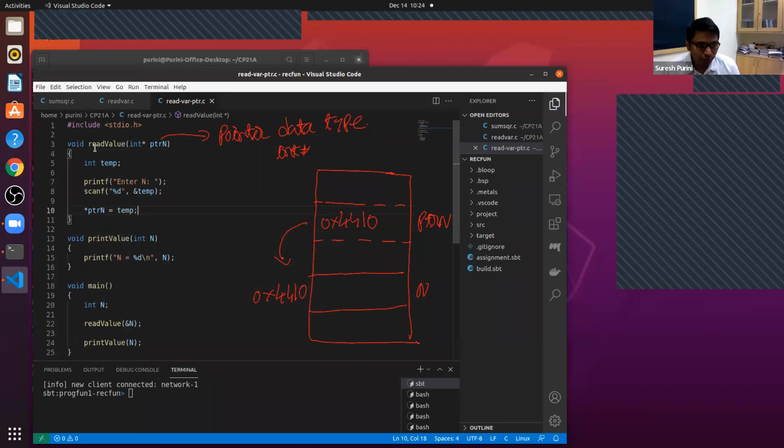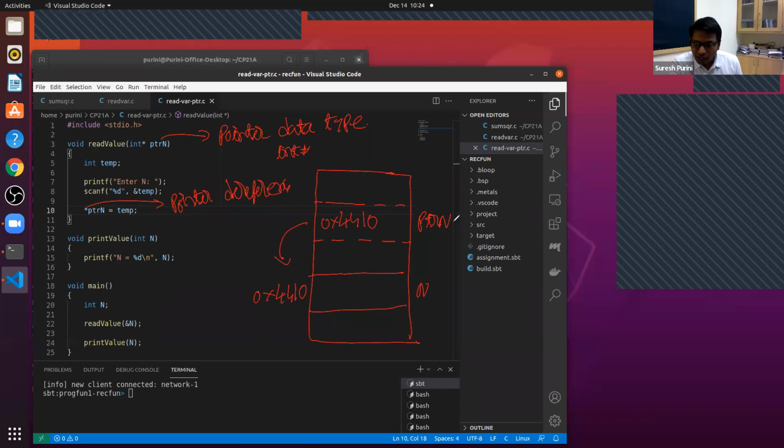What we are doing on line 7 and line 8 is reading an integer into the temporary variable, and we are saying star ptrn is equal to temp. This star is an operator. This is what is called the dereferencing operator, pointer dereference.